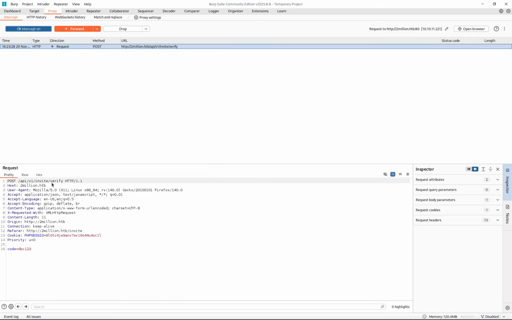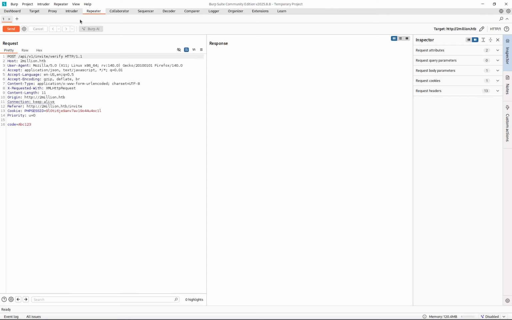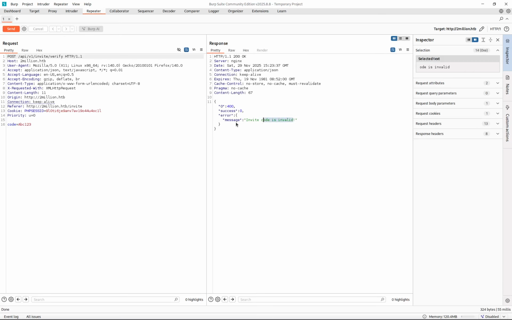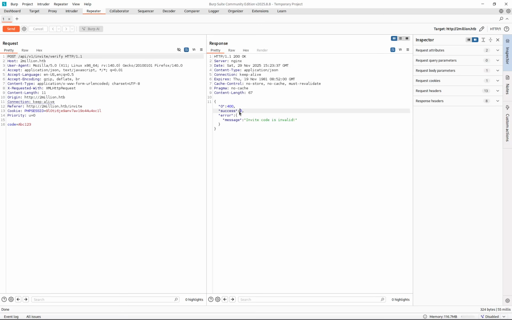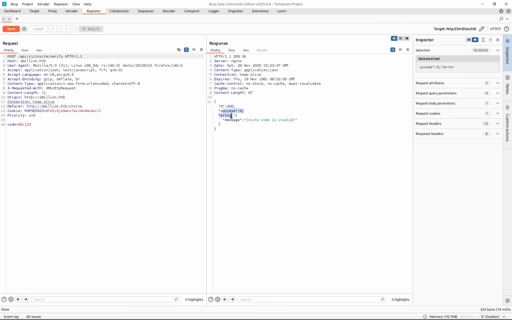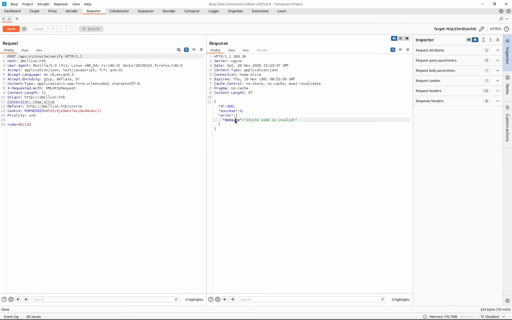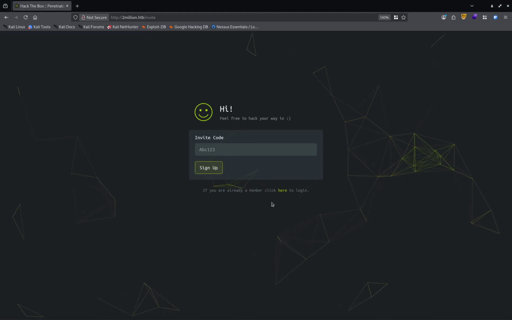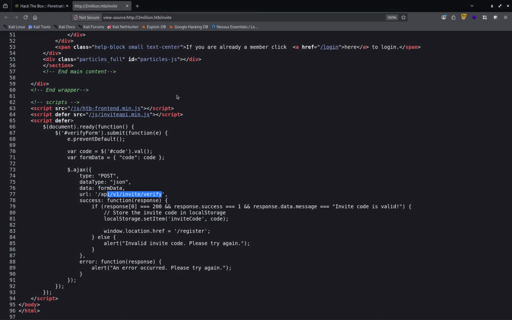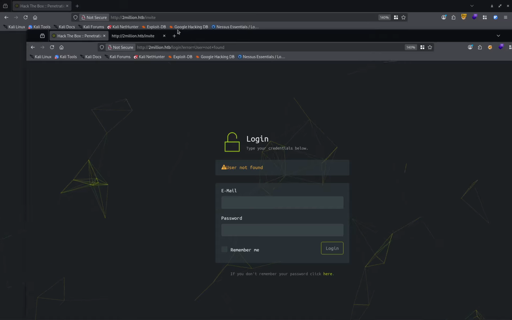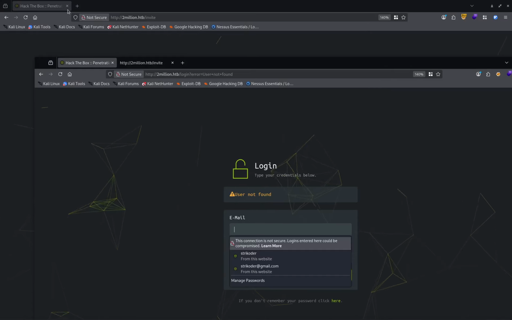So we are using the verify, sending that. Invitation code is invalid. Okay, so something is validating our code in the back end and sending either an error message or maybe a success message or the invitation code itself. So we had this. Do I have? Yeah, I have